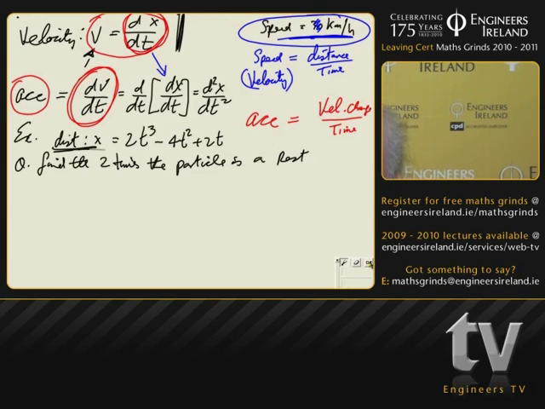This is a distance function for a particular particle. We know that velocity is dx dt,